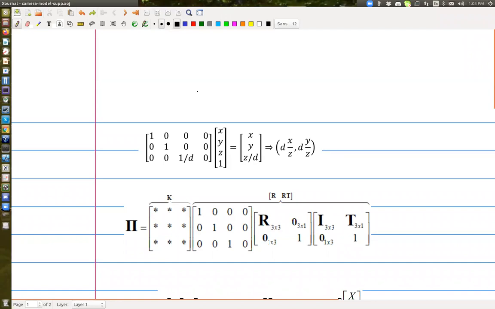So let's have a quick review of what we had last time first. We basically talked about the camera model and also the camera matrix. Let's say we have some 3D points in space, in homogeneous coordinates. Remember that when we project to the screen, or to the frame, or to the sensor, if you assume that